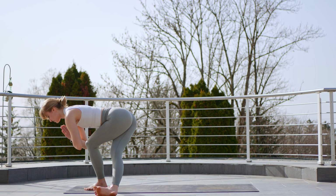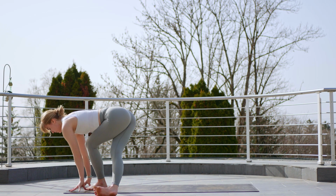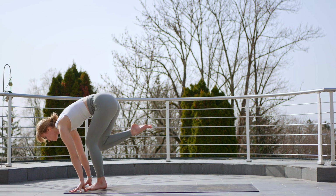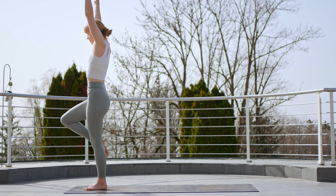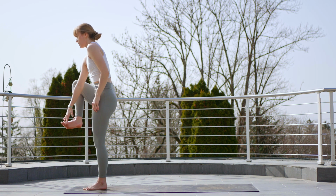Breathe in this position. Good, place the hands back on the mat. Raise that right leg up, bend the knee, and try and rise up to that mountain pose without bringing the foot to the mat. Reach the arms up, bring the palms to the chest, and then extend that right leg